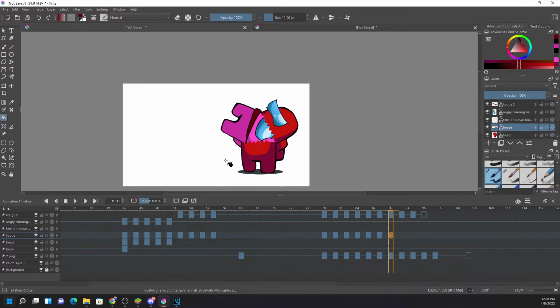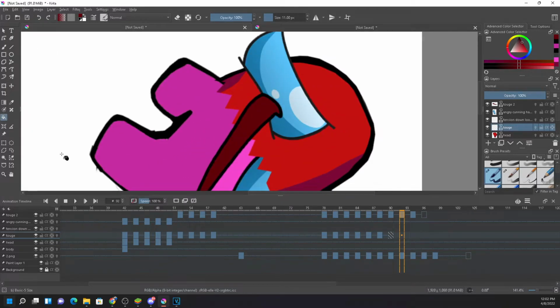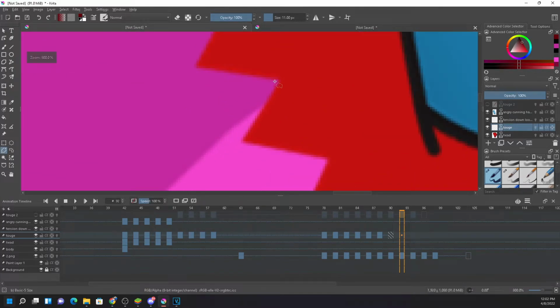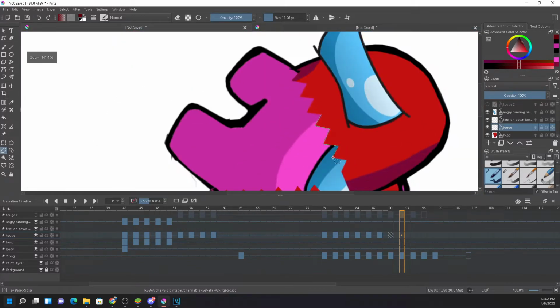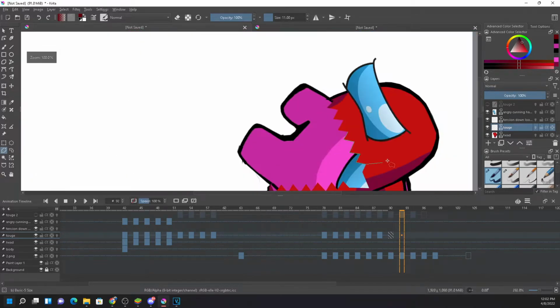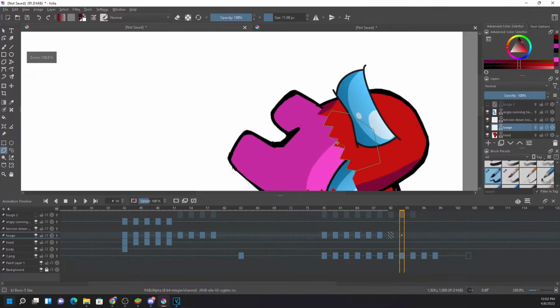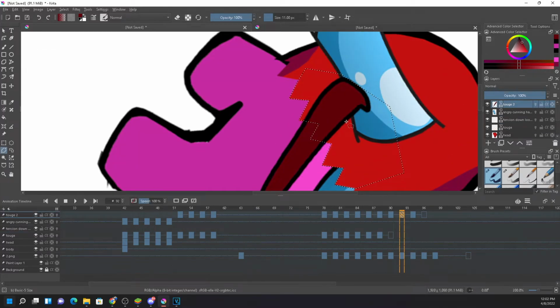Now I need to make some changes because you can see until this layer it is okay. This tongue is okay. But right now it's appearing above it. So what should I do? I need to delete this one. First of all, I just want to see the size. This layer, right? I'm hiding it. So I'm going to select these lines. Now I'm going to show this one. So right now I'm selecting this tongue and deleting it.